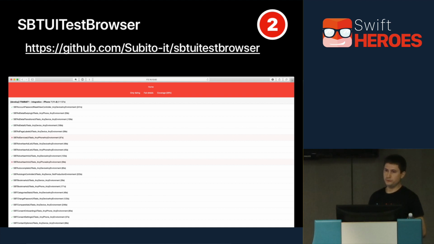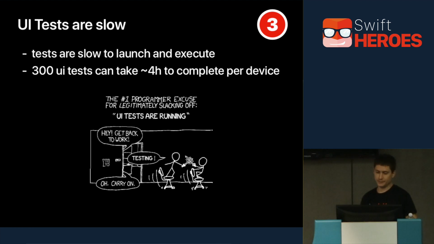But the most important feature of our browser is that it has the entire history of your latest tests. This means that it can provide statistics like, for example, the average execution time of a test. And this will become key in what we will see next. Before that, let's get to